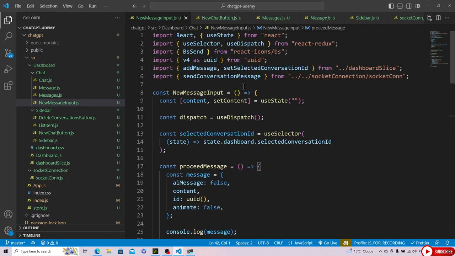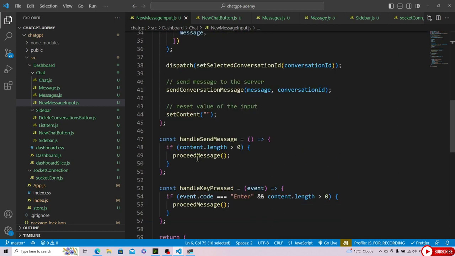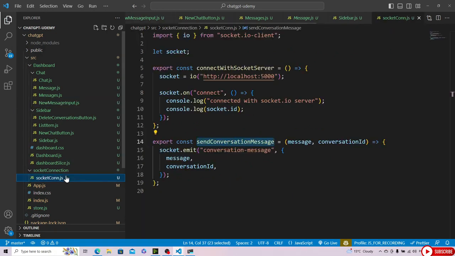Let's check if the import statement has been added correctly. Make sure that this send conversation message is coming from the socket connection, socketcon. Okay, so that's nice. Now we have this socket connection, and we are able to emit that event to the